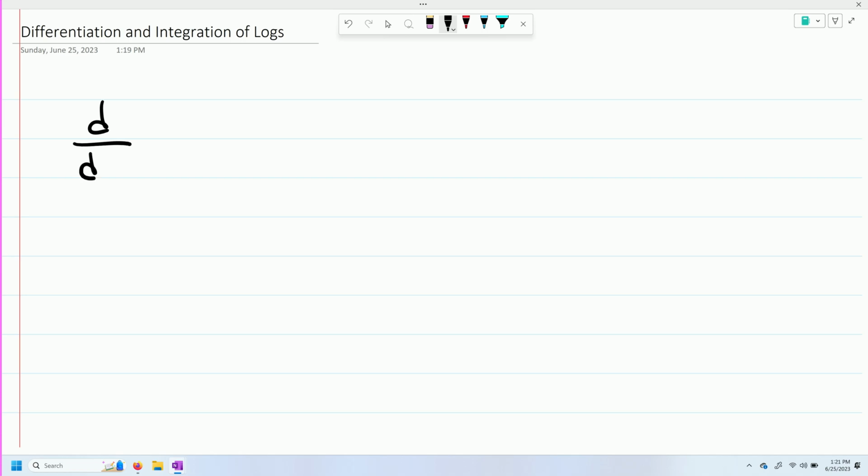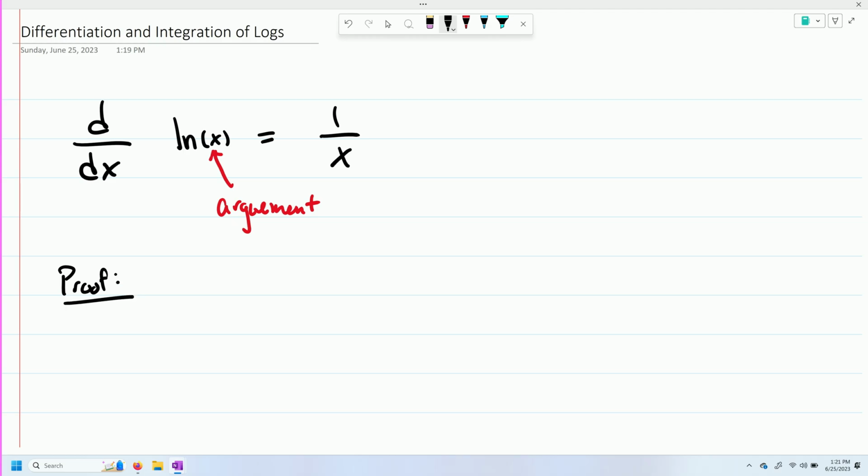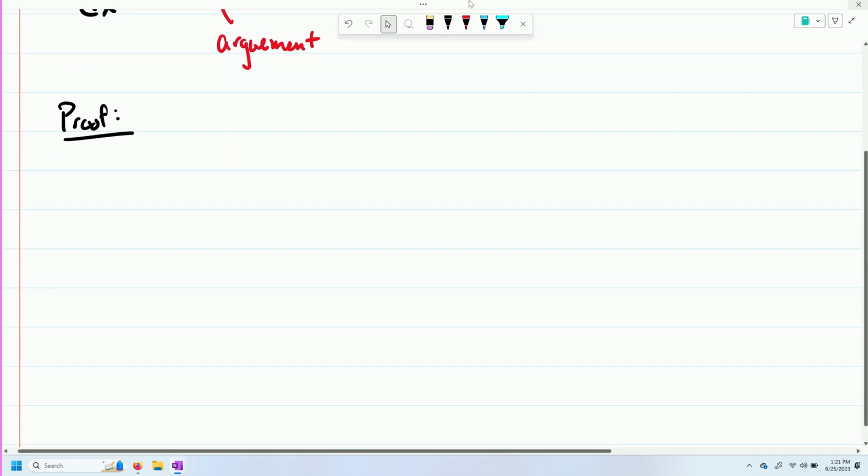So the derivative of the ln of x is equal to 1 over x. Now, remember, this right here is called the argument. All right? So, initially, the way that we look at this is the derivative of the natural log of x equals 1 over x. Now, the reason why, okay, is if we want to prove this, we're going to let